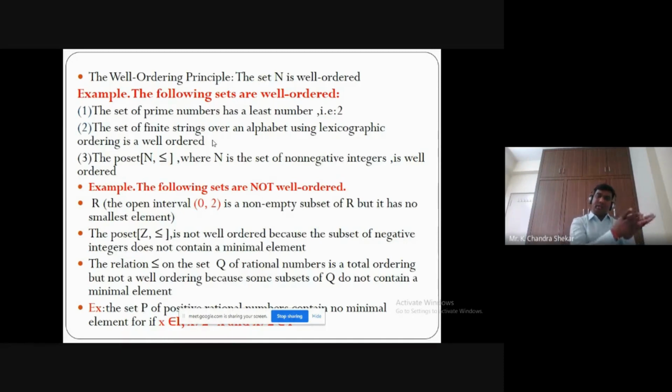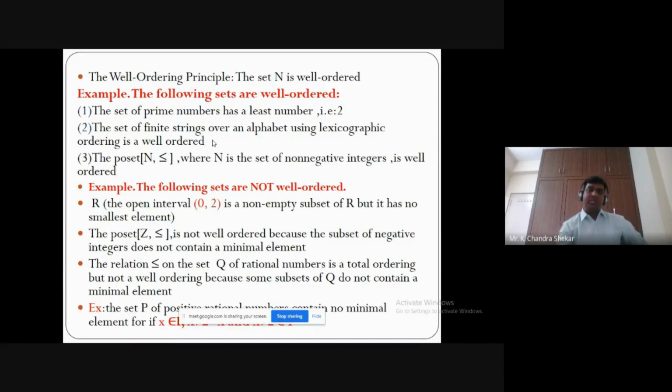obviously the starting one is A. I can have A, then AB, then AC, then AD, and so on. So what is the minimum one there? The minimum one is A. Now similarly, consider